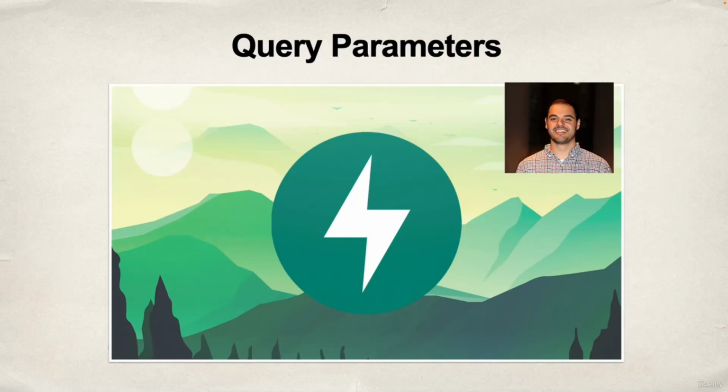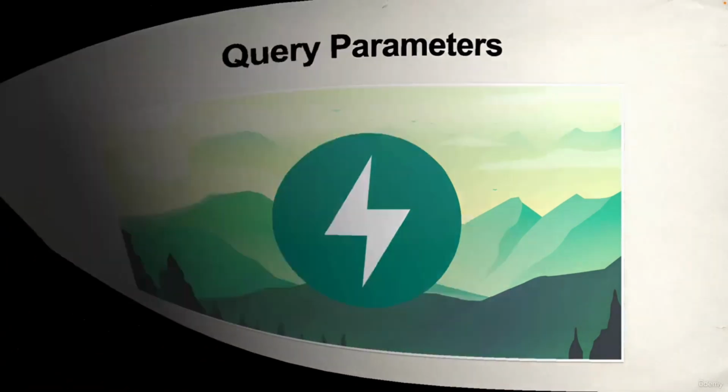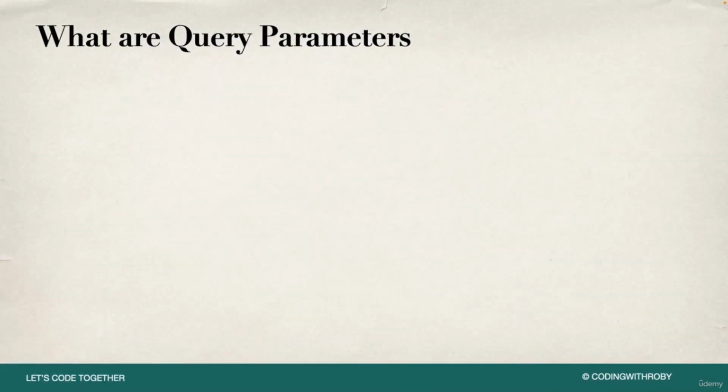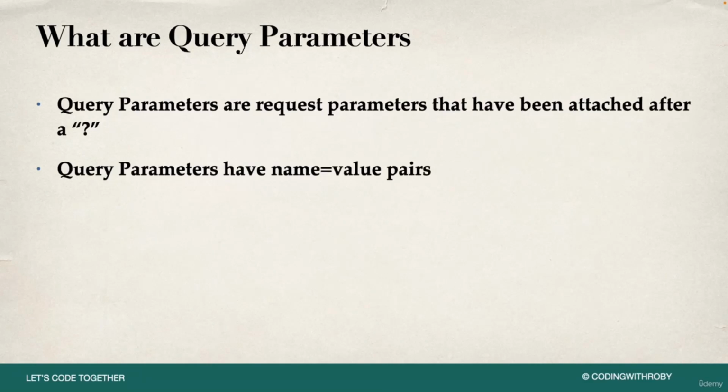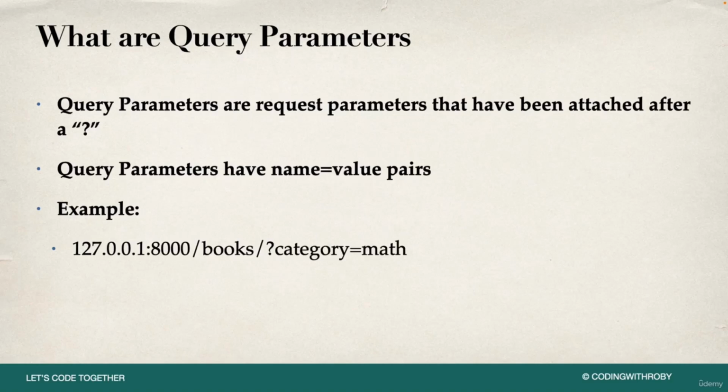All right, now that we've gone over path parameters using our HTTP GET request method, let's go over query parameters. So what are query parameters? Well, query parameters are request parameters that have been attached after a question mark. And query parameters have a name-value pair relationship. So you may be confused on question marks and name and value pairs, so let's go ahead and see an example. Let's say we have our localhost port 8000 /books